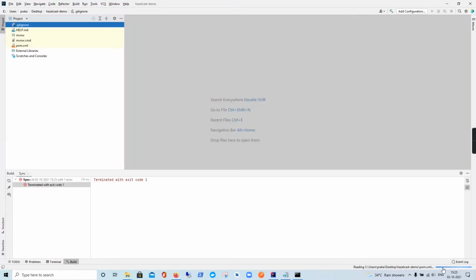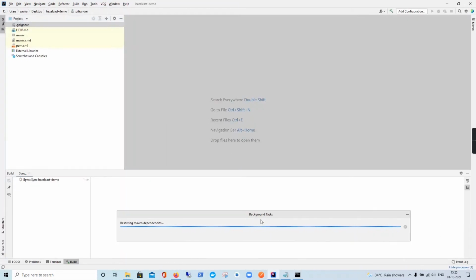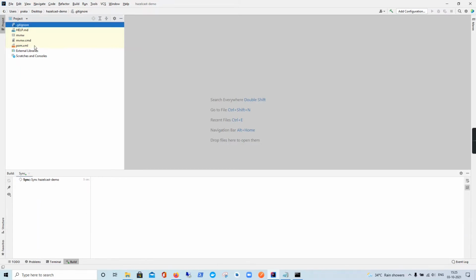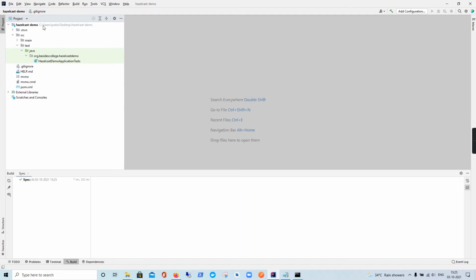Importing a project for the first time could take a while, because it will try to download multiple dependencies and index the files, and this project can be imported in Eclipse, IntelliJ, VS Code, or any other IDE for that matter. Okay, once this is imported, you can see this is a Java project or a Spring Boot project which has all the content that you need to run a Spring Web application.